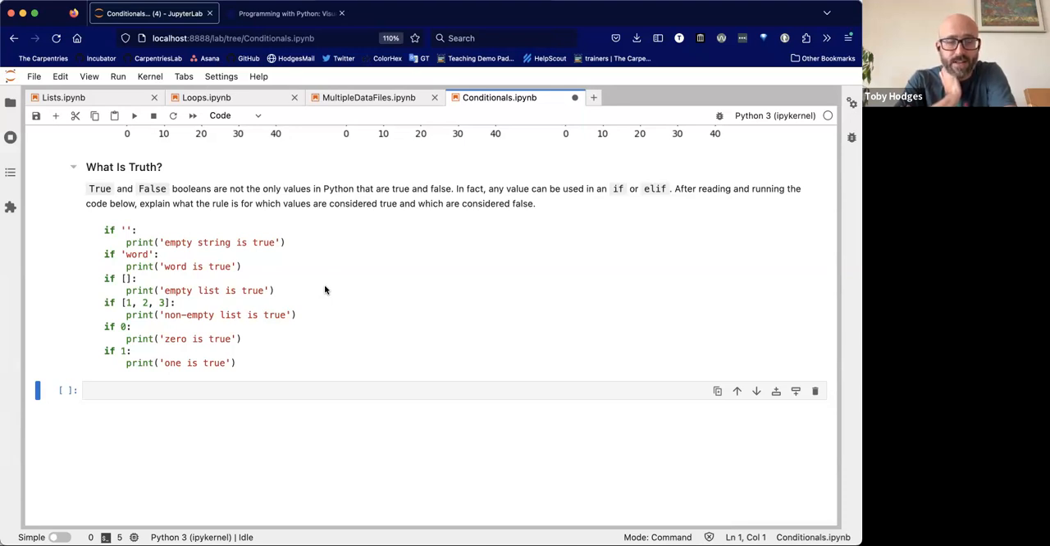To try to give you an idea of under which conditions Python will consider something to be true or to be false, this code block is provided to you. What I'd like you to do is type that out into your system and run it. You can do each one individually if you like. They don't have to all be in a single block. And look at what the result is and think about